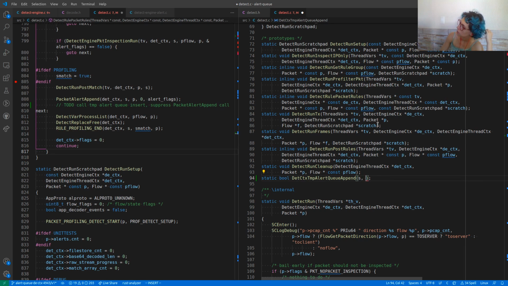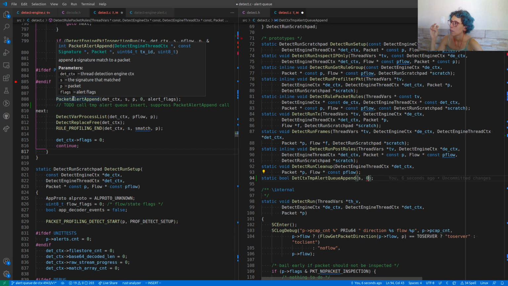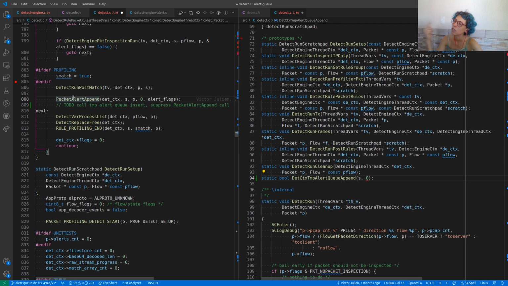It doesn't go to the packet right now. 0 is for the transaction, I guess. Detect engine thread context, we are there. The signature, okay, the packet, I don't think we will need it. Oh, but we could be handling different packets here, right?